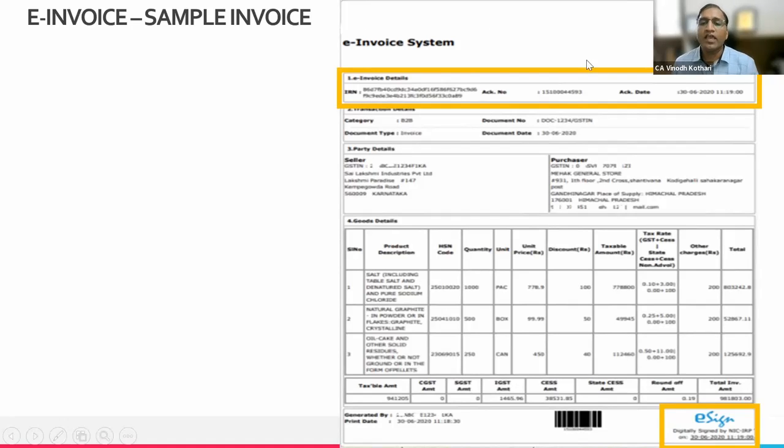This has to be affixed with your invoice. In Tally, it will automatically integrate and give you the printout. If you are using other software, there also you have to ensure that this is done. You cannot give the IRN number and QR code separately; it should be part of your invoice.